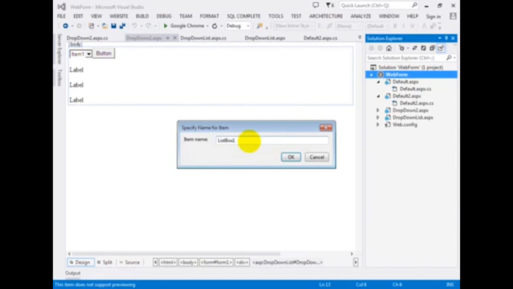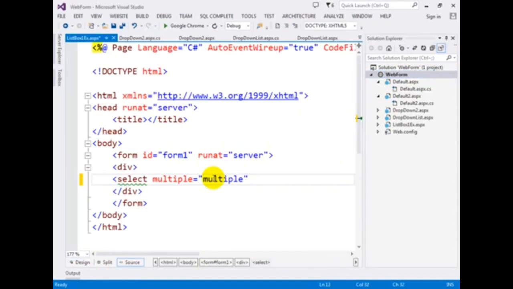Then we want to add some items inside the list, so we use the option tag, value equal to 1 for the first item, and the text of the item is item 1. Like that we will add item 2 and item 3, just changing the value to 2 and 3.